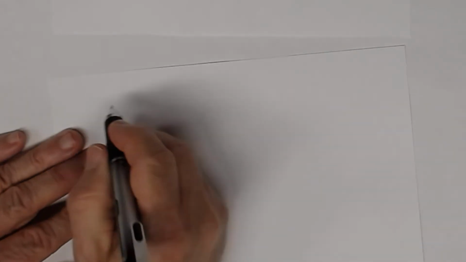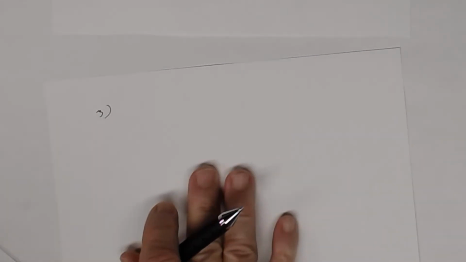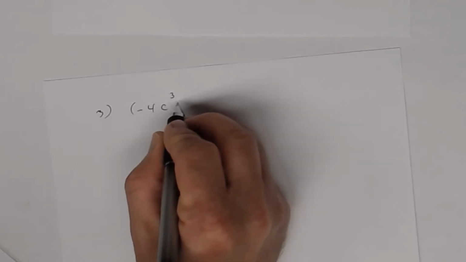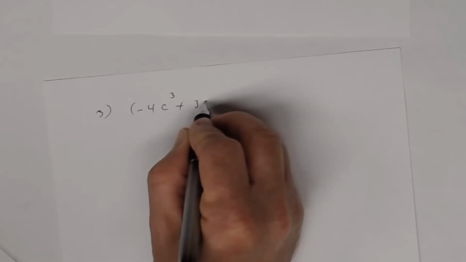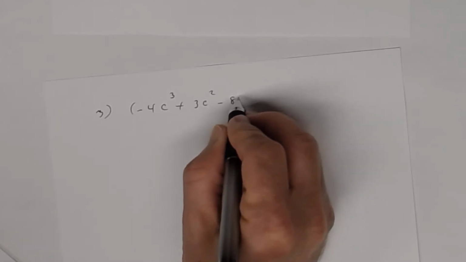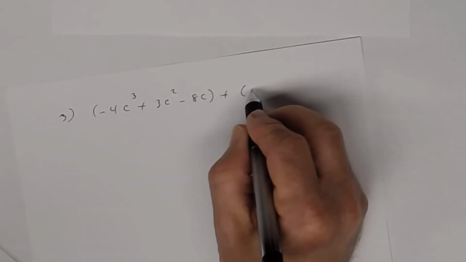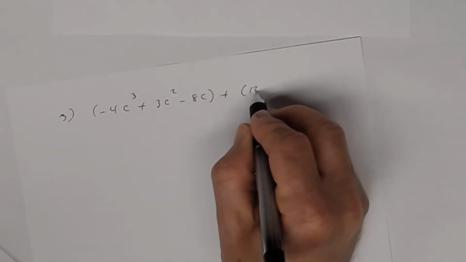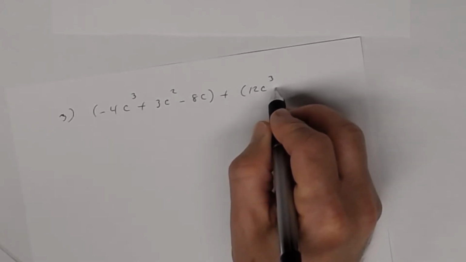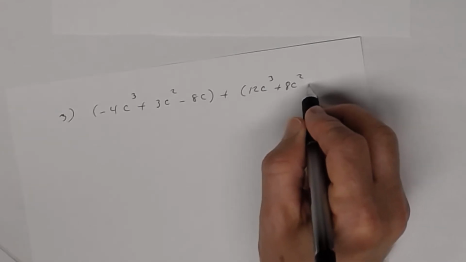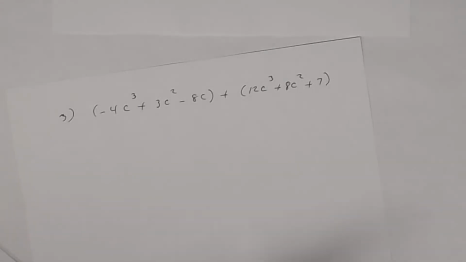So this will be number 3. So number 3, let's suppose we had negative 4c cubed plus 3c squared minus 8c. So I have this polynomial, and I'm adding it to this polynomial. Let's say we had 12c cubed plus 8c squared, and then plus 7, let's say. Okay? Let's say we had that. All right, now,